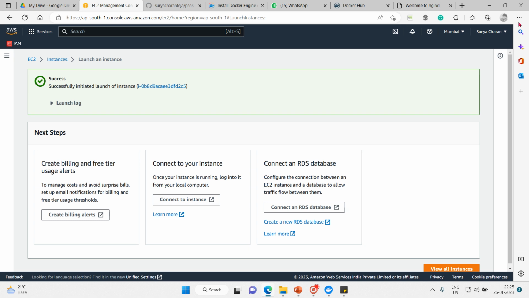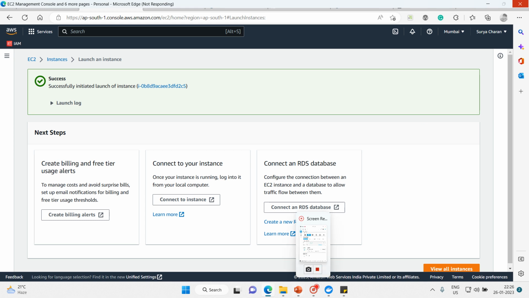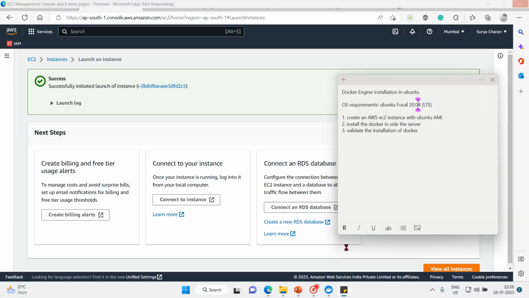Meanwhile, it will take a few seconds. So the first activity has been done. The creation of the EC2 instance with the Ubuntu AMI is done. So then the next step is to